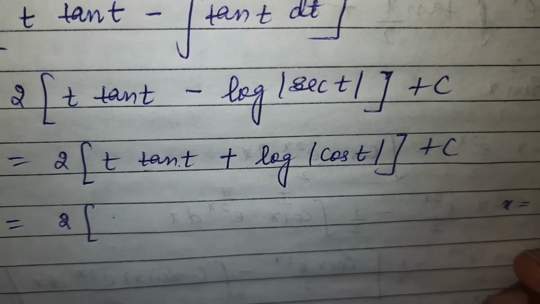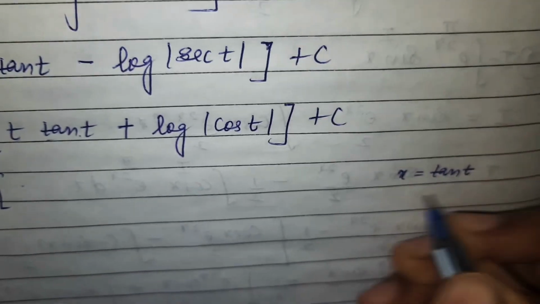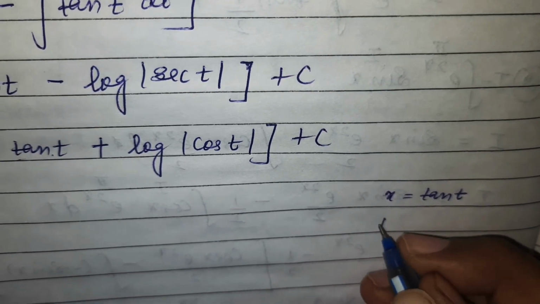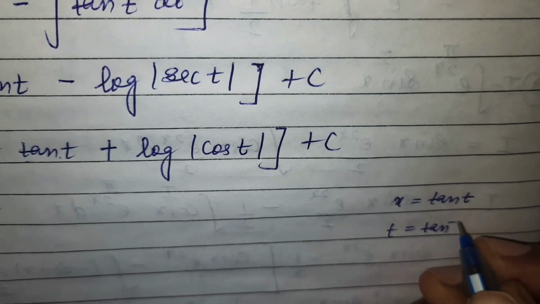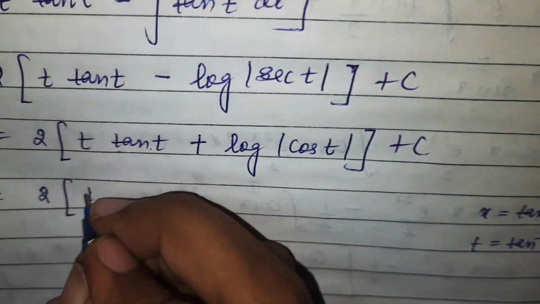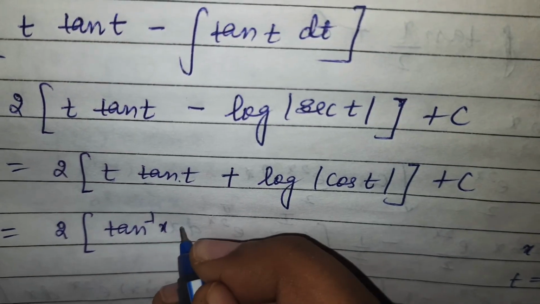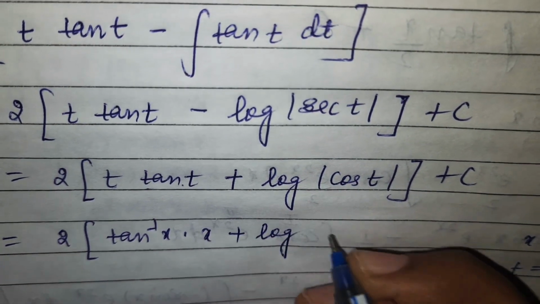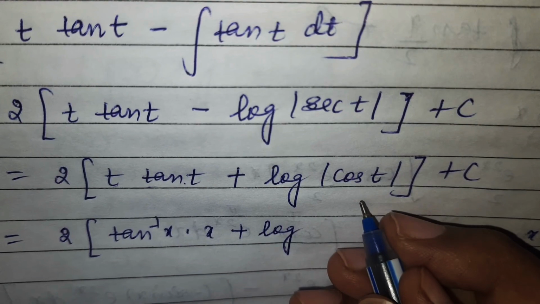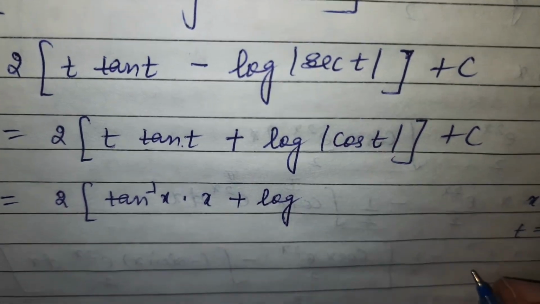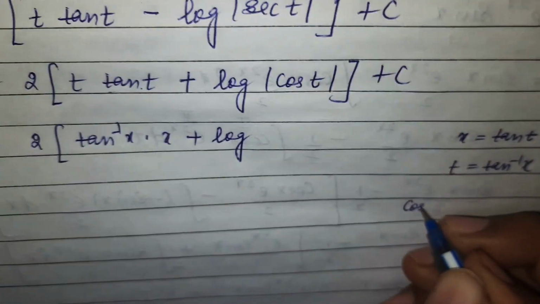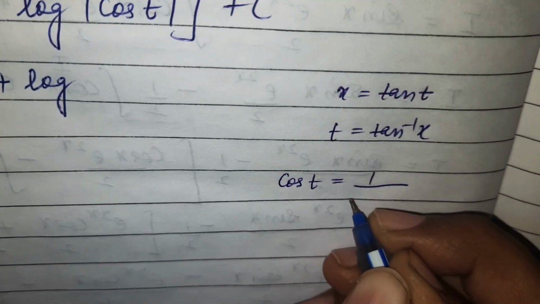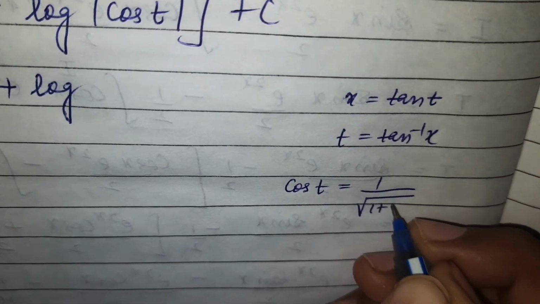X is tan t. And if I want to write, t will become tan inverse x. So t is tan inverse x into x plus log of cos t. Okay, if I want to write cos t